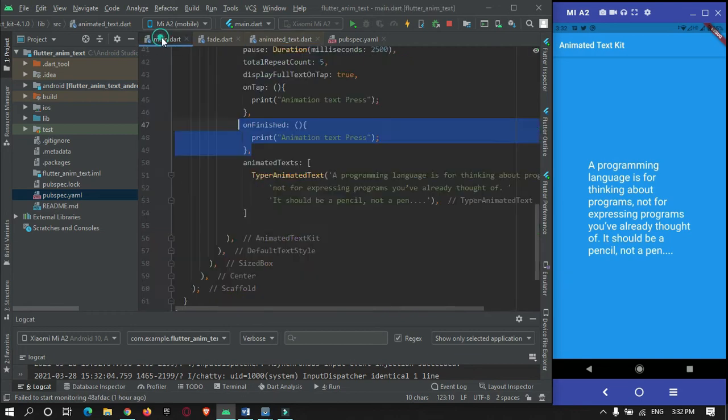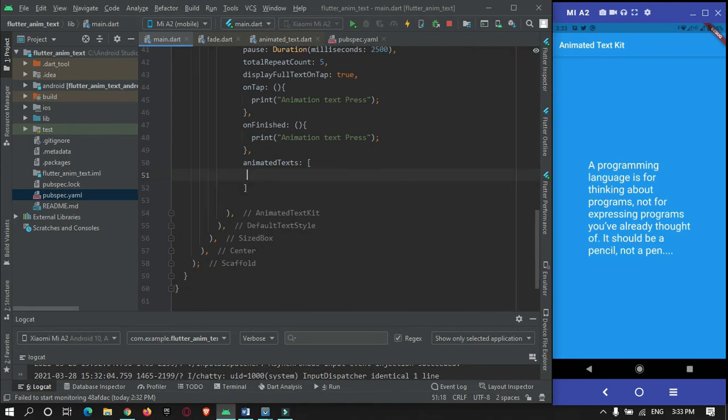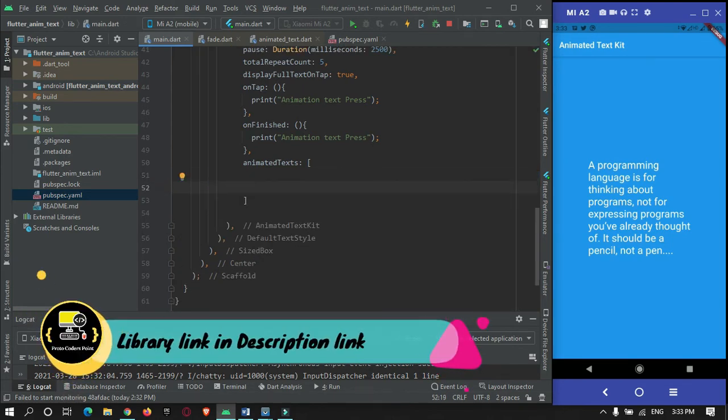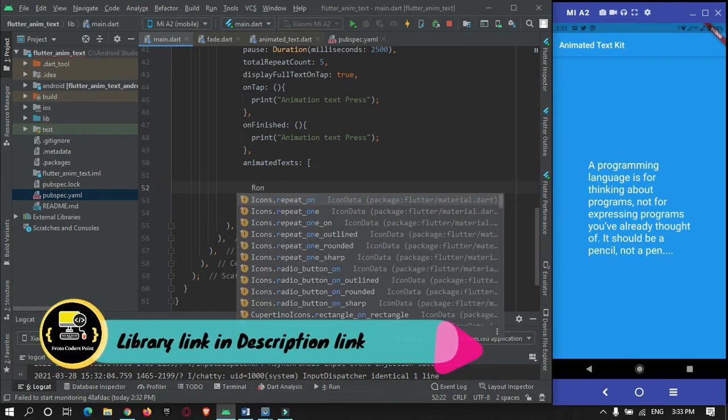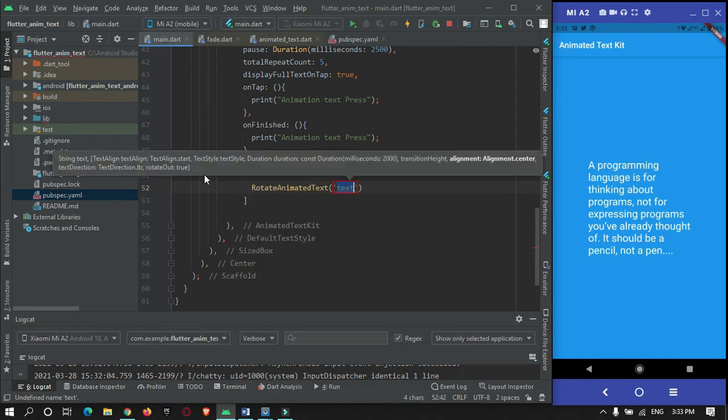So let's try the different animation effects you can make use of in this library. I will remove this animation effect and add a different one, that is rotate animation text. The text you want to print, hello world.